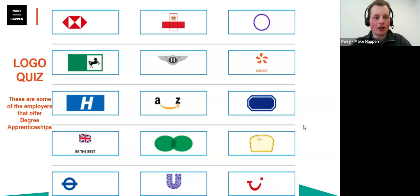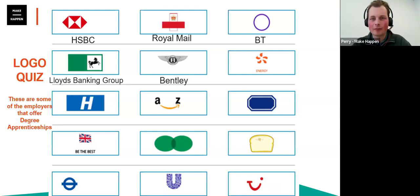Brilliant. Okay. So all of these employers on the screen here offer a degree apprenticeship, and all of these are quite big companies that you can look out for when you do your apprenticeship research. But who are they? Let's take a bit of a look. So the first one is HSBC, the big bank. We have Royal Mail on there. There's BT, Lloyds Banking Group, Bentley makes the kind of luxurious cars, EDF Energy, the NHS, and it's important to